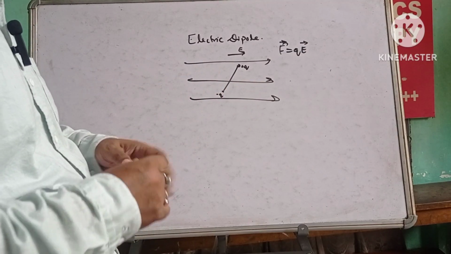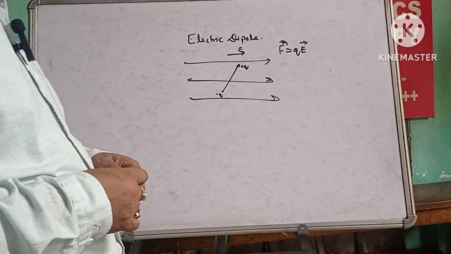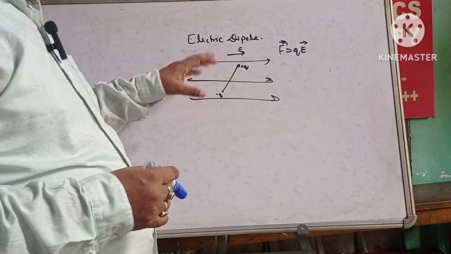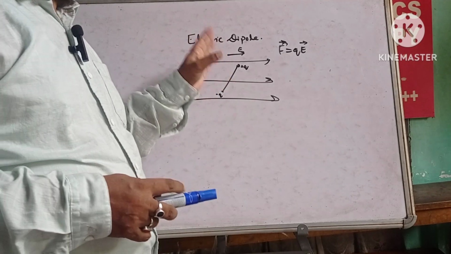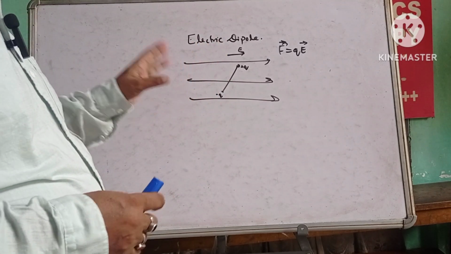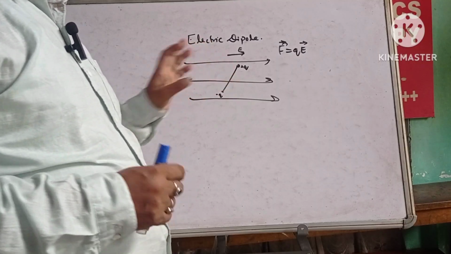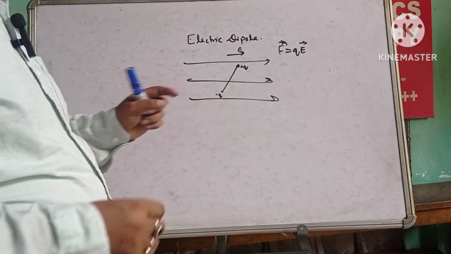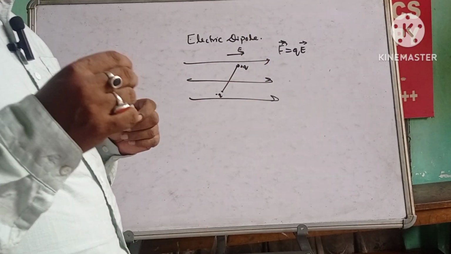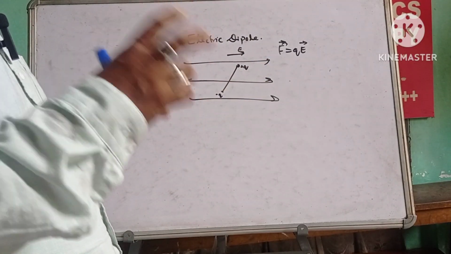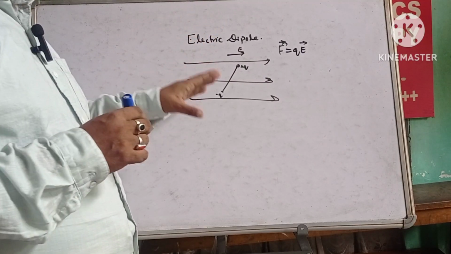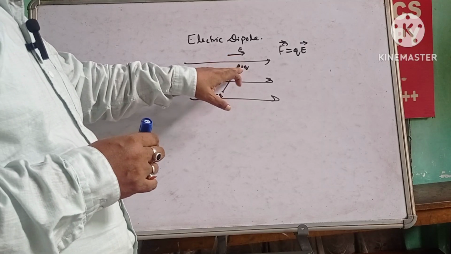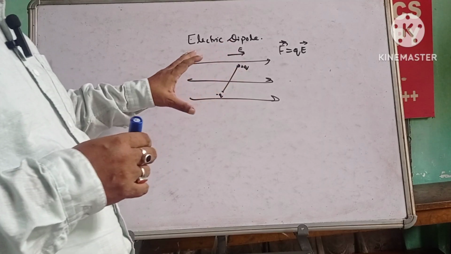So remember how torque is created in this electric dipole. When you place an electric dipole in an external uniform electric field, the net force is zero, no doubt. But since the forces acting here and here are separated by a distance, a torque is created, and that torque is perpendicular to the plane containing this Q and the electric field,